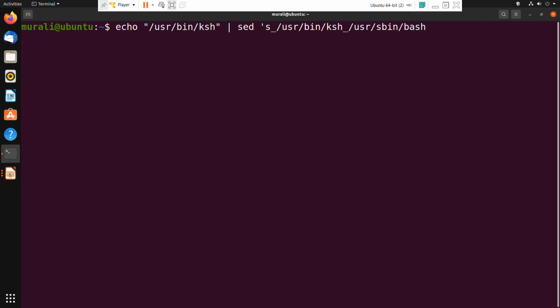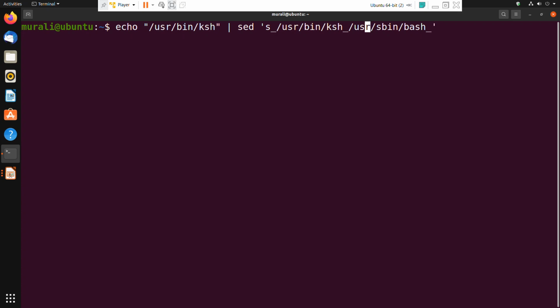So from the input line it reads /usr/bin/ksh and it is substituting it with /usr/sbin/bash. Then again another underscore, because you have to end with the delimiter, right? Instead of slash, remember, you have specified the underscore.